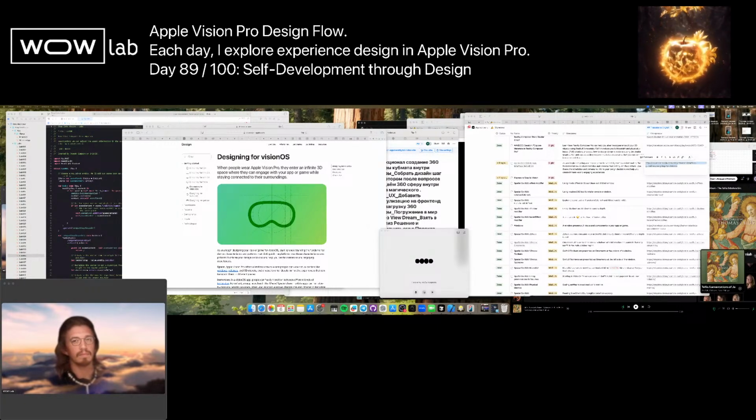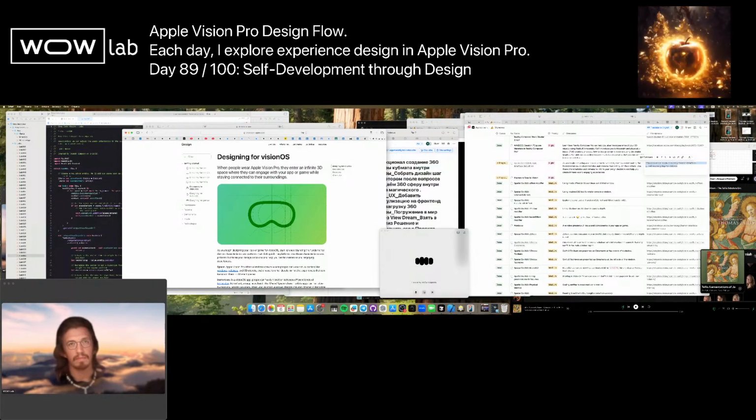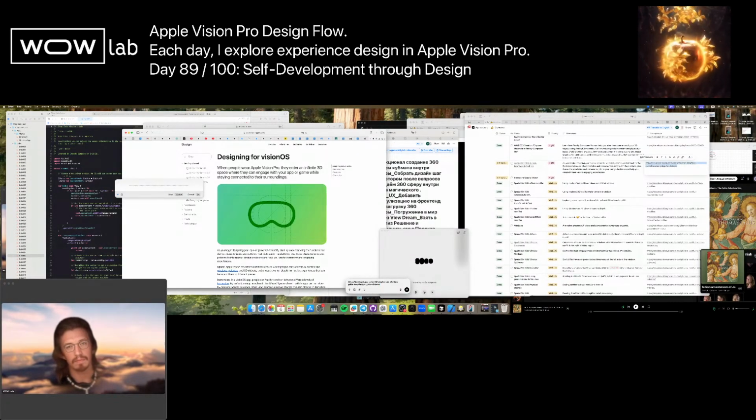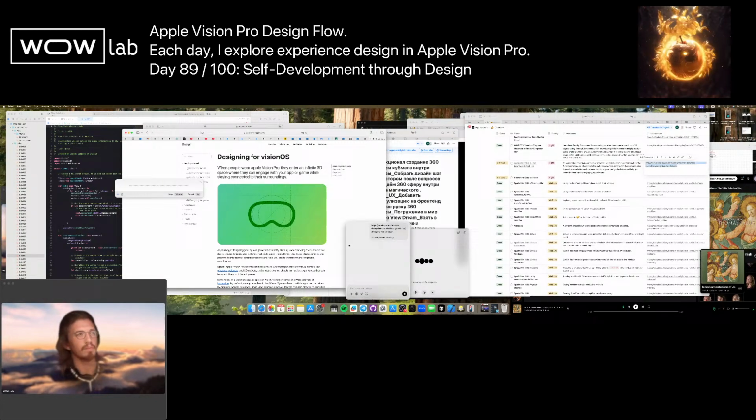What is their purpose? How do they engage with the environment? And what actions can they take within it? This is the core of experience design, creating an environment where the player feels both a sense of belonging and agency. From this holistic creation, where the player sees their role, the world they perceive, and the logic of that world, they are empowered to take action. It's through this interaction with the experience that the player achieves their wow moment, an emotional and transformative experience that